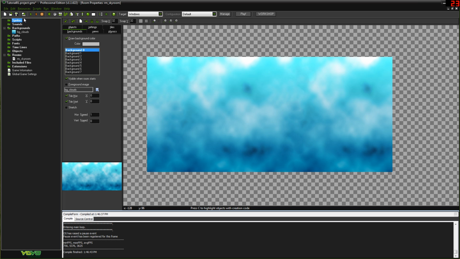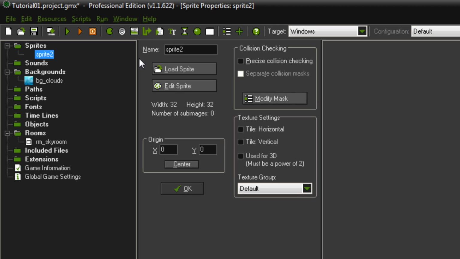So a sprite is basically a visual element of your game. For anything that's animated or controllable or interactive, we'll probably be using a sprite. So right click on sprites and go to create sprite. Give it a sensible name as we did with everything else. This is just going to be those little smiley dudes from before, so I'm just going to call it